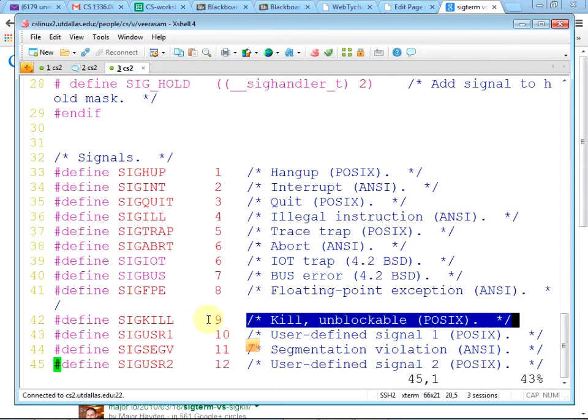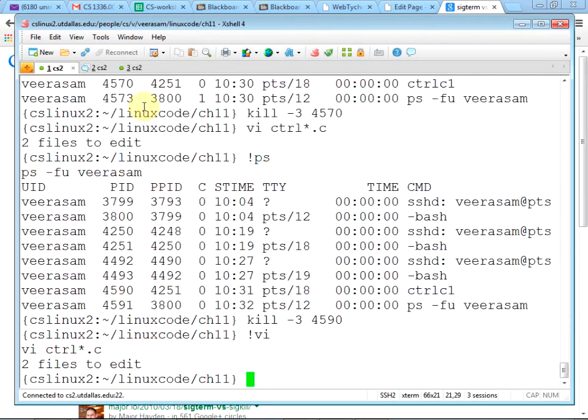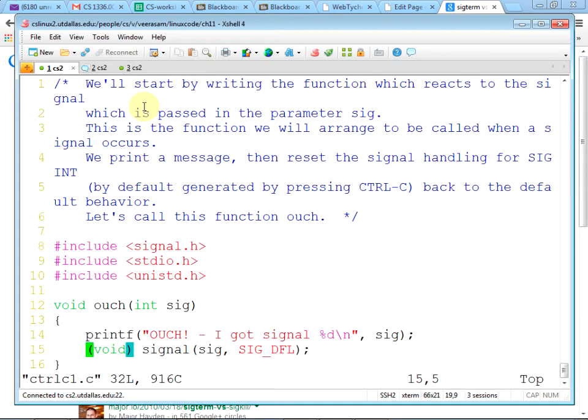It's implemented probably in signal, right? Remember, signal is what we use for registration. Signal and kill are system calls.